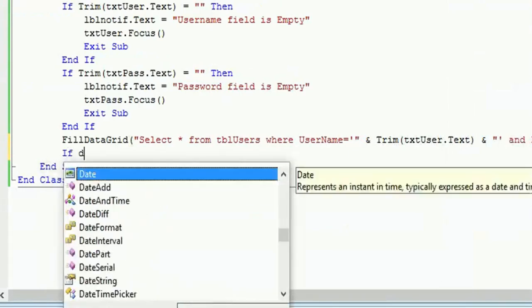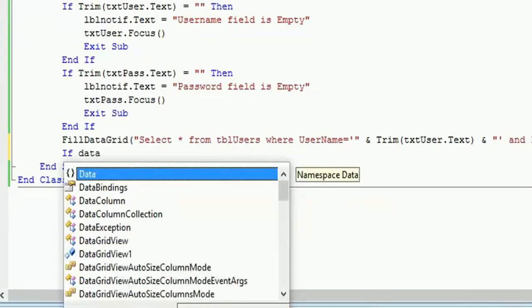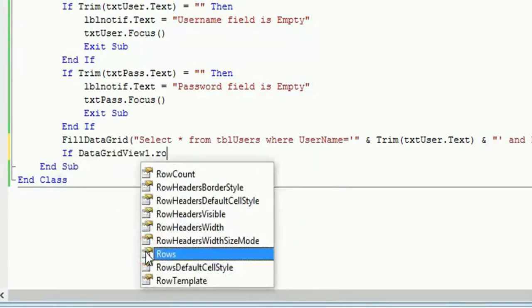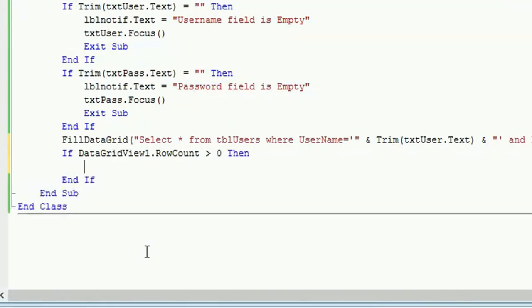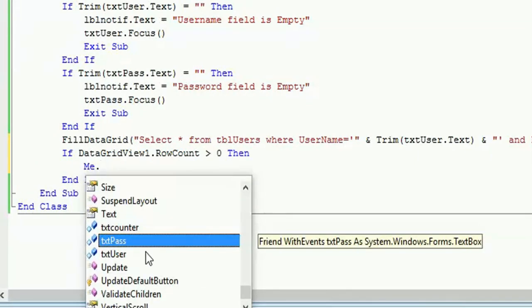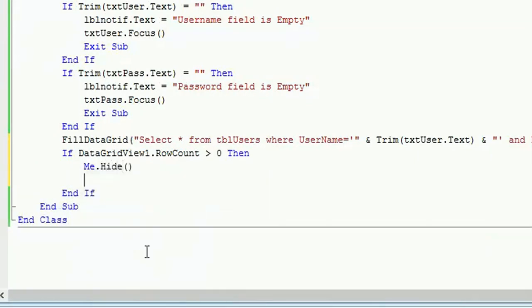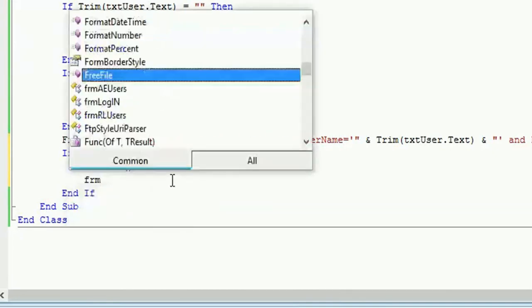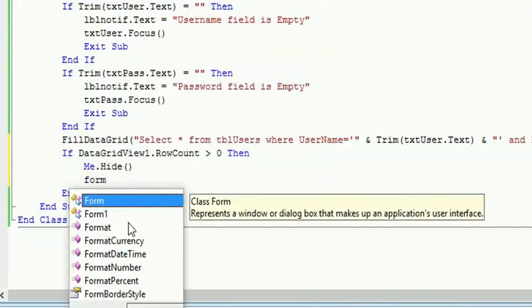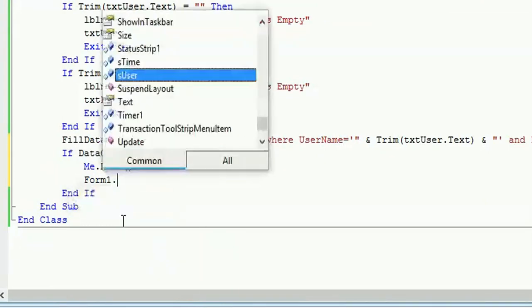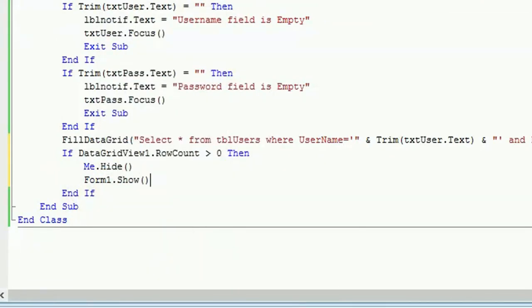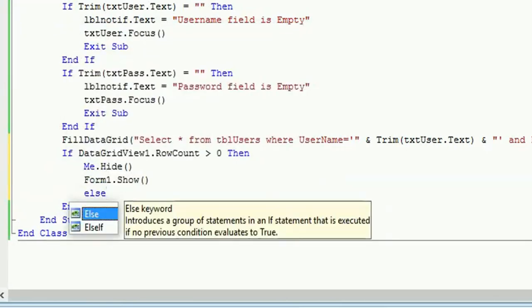If DataGridView1's row count bilangin niya kung may nag-exist dun sa record na nilagay natin, is 0, then mag-hide ang ating login, and then .Hide, and then i-open niya ngayon yung Form1, kasi yun yung pangalan ng ating main form. Show. So after showing the Form1,